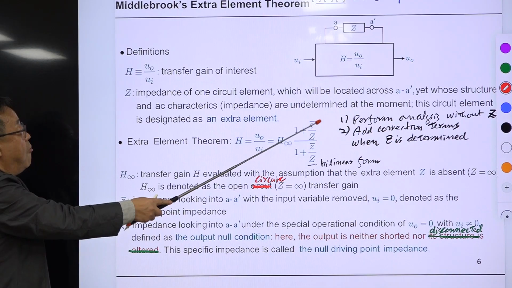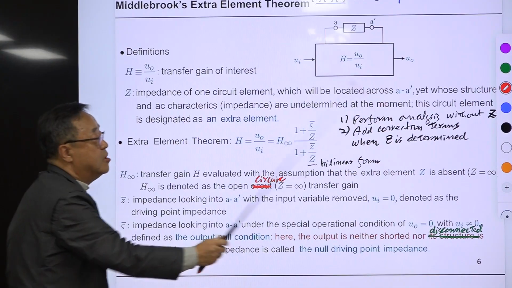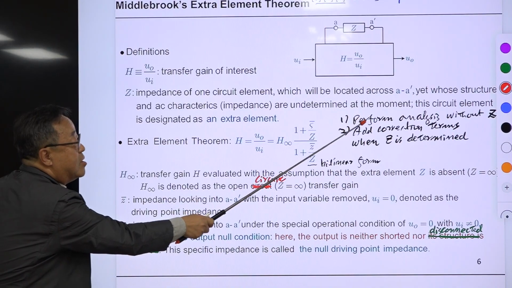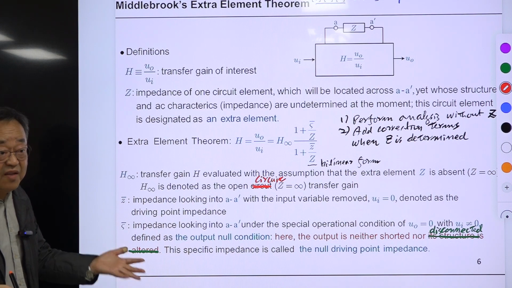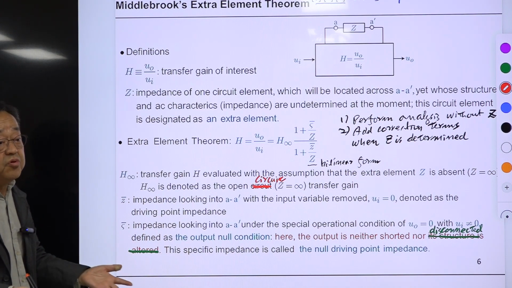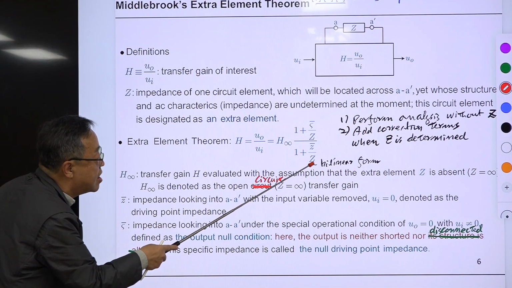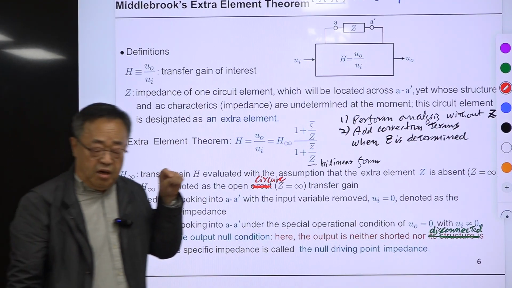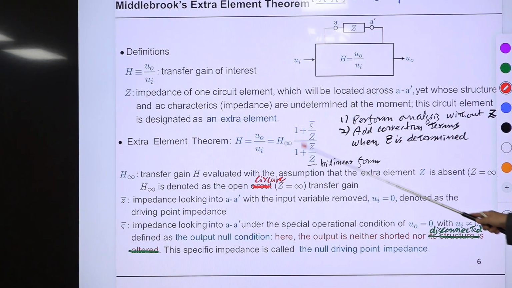For our purpose, we perform the analysis with G open. So this becomes very simple in many cases, but we should do this because we don't know G. G is not present at that time. So without G, we do the analysis. Later on, G is coming in, then we use this and we add this. This zeta bar, G bar, is some driving point impedance, which is very easy to evaluate. Then we compare this. This one is very good.